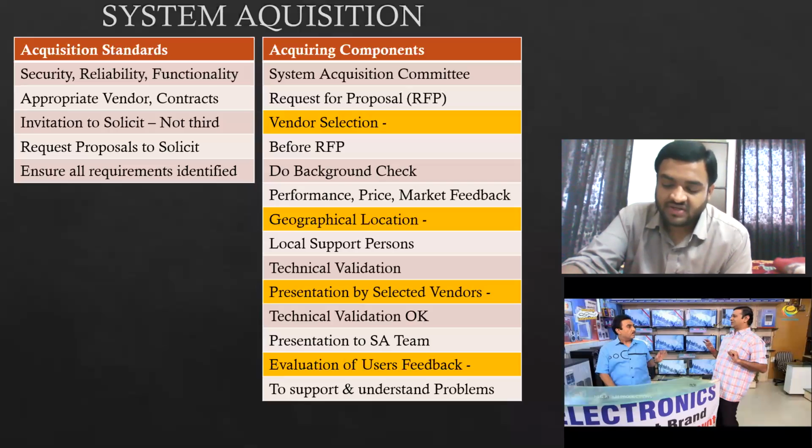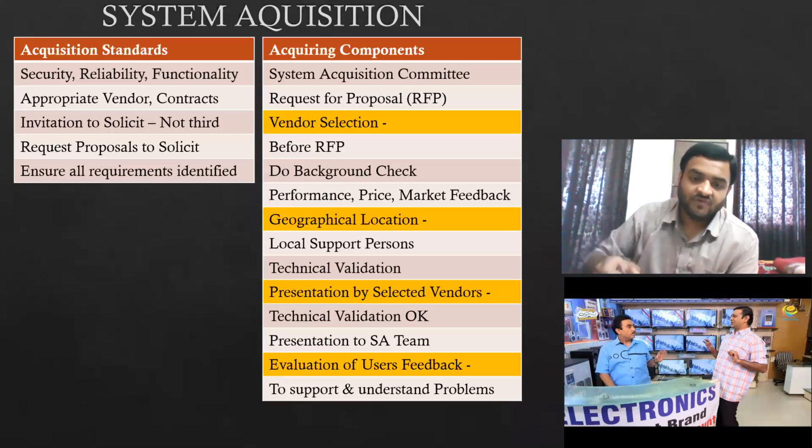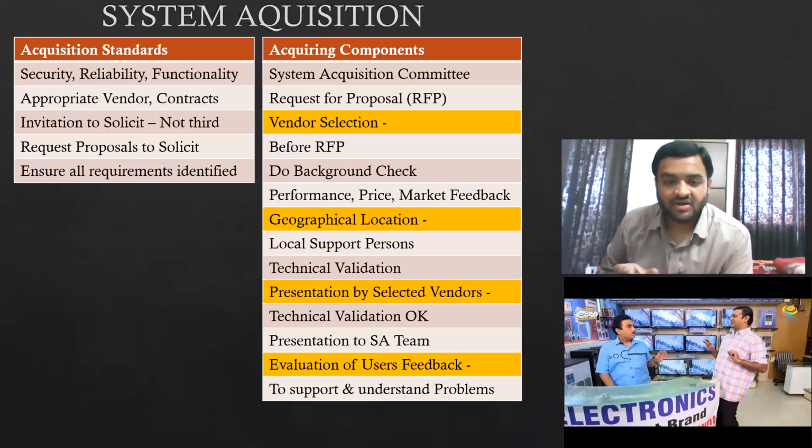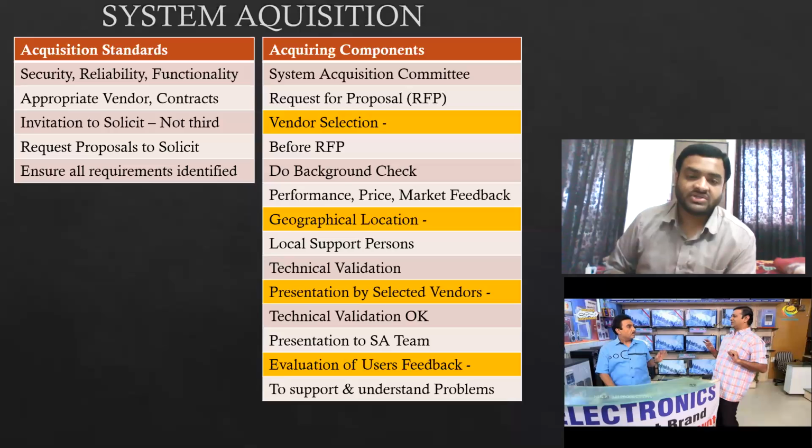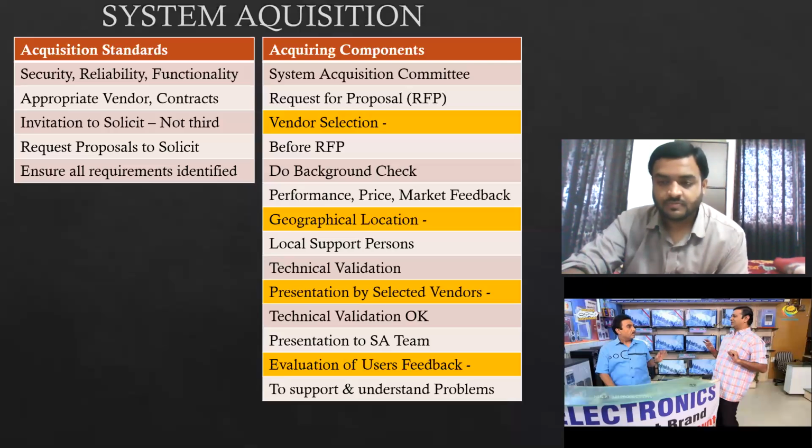And after it is tested by multiple stakeholders, users from all levels of management, we will evaluate the users' feedback. So if you remove that geographical location point, this entire thing looks like a process, but don't skip the geographical location point. It is an important point. After this,